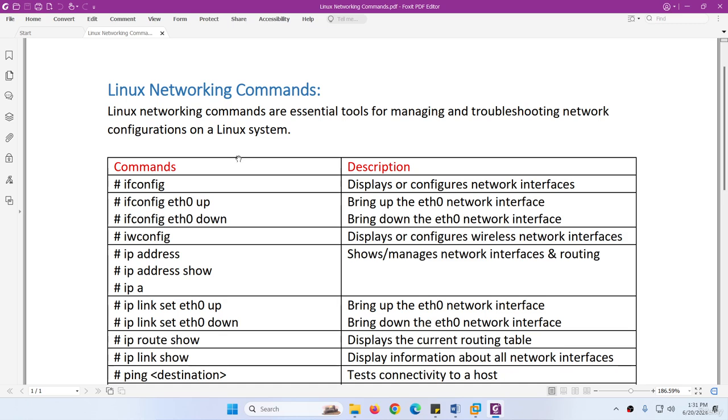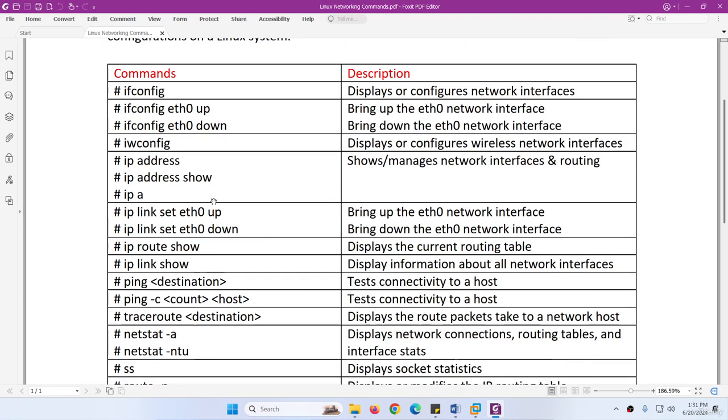In this video we will discuss networking commands. These commands are very helpful for managing and troubleshooting network configuration. In the previous video we configured the interface's IP address in different ways. If you want to verify and troubleshoot the network configuration, you can use all these commands such as IP